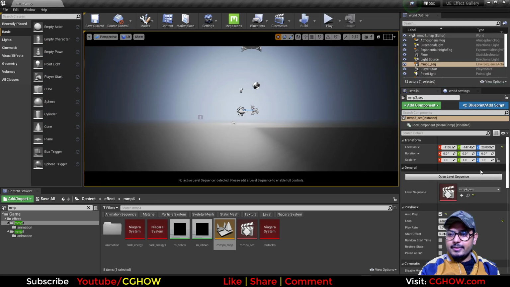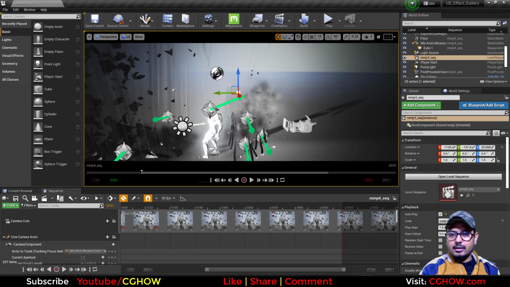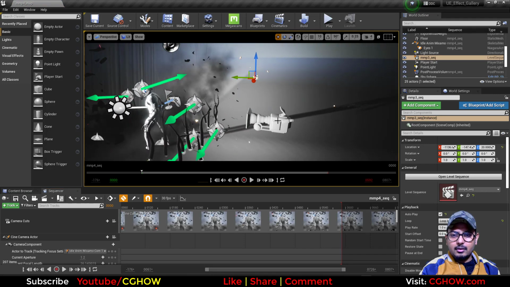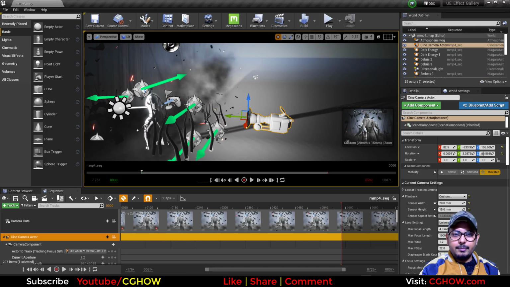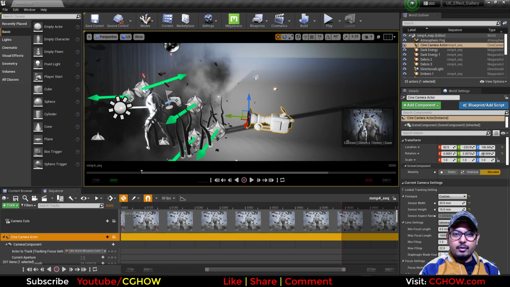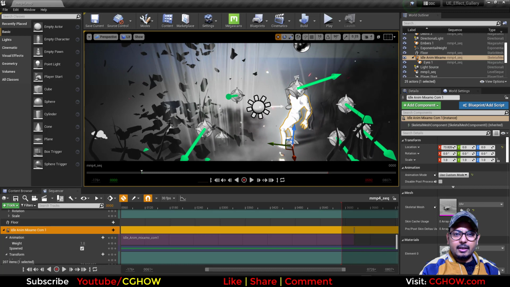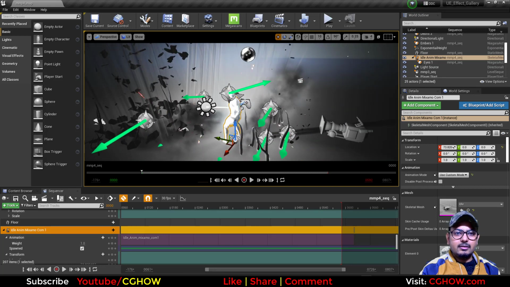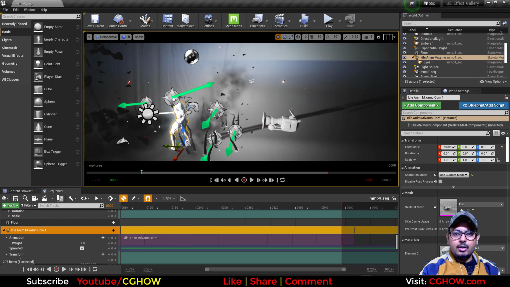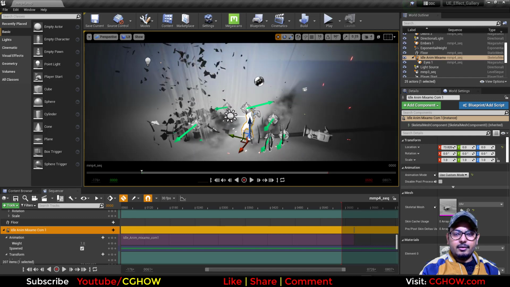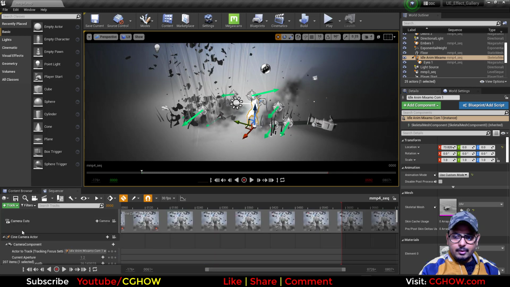If I open my sequencer, this is the whole effect. You can see there is my camera, and through my camera first I have these tentacles and these debris going upward for the depth. Then I have my character placed, then I have debris and tentacles with some speed lines, and I also have these embers going on. So you can see this is the whole effect. Okay, so from here, one by one,